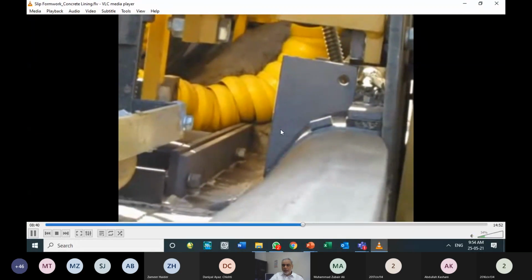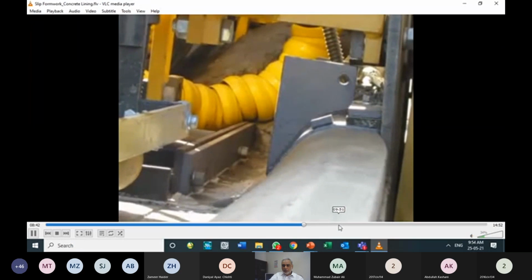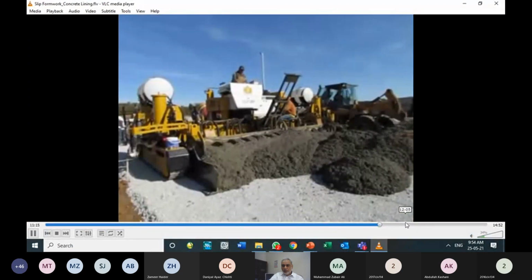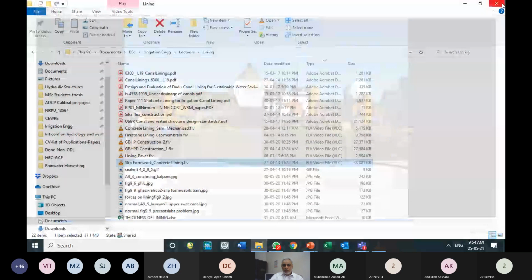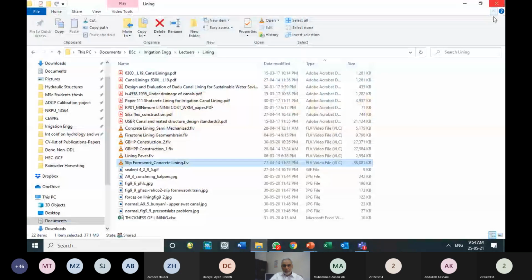ये इसके edge को control करने के लिए एक वीडियो है। This is the final shape. इसी तरह की और जो वीडियो हैं लाइनिंग पेवर, ओपन विद वीडियो।